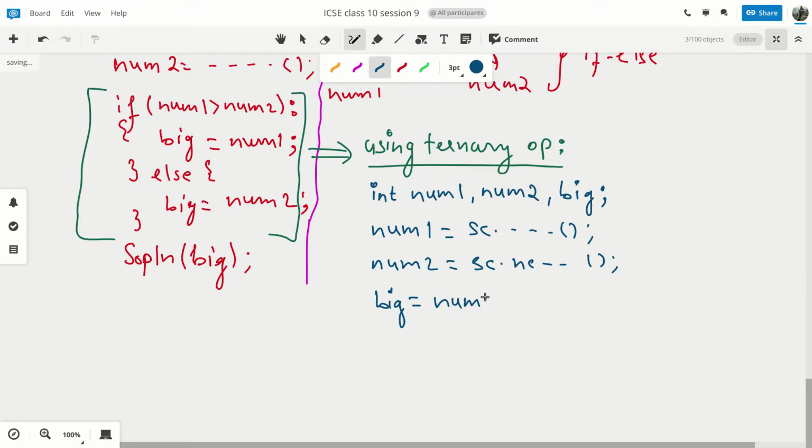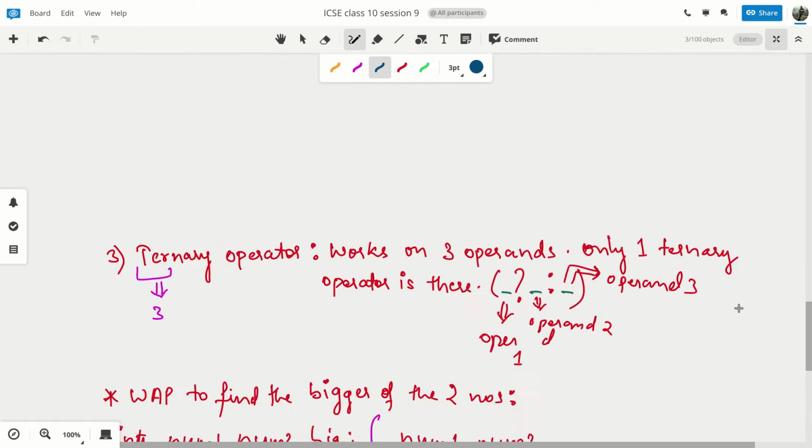If num1 is greater than num2, then if this is correct, assign to big what? num1. Else, that means if this is false, it comes in the part after the colon, then assign to big num2. That is done.